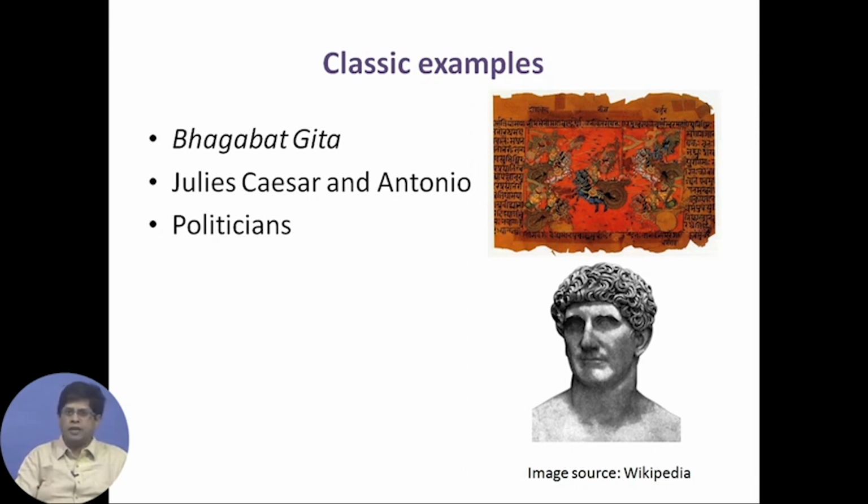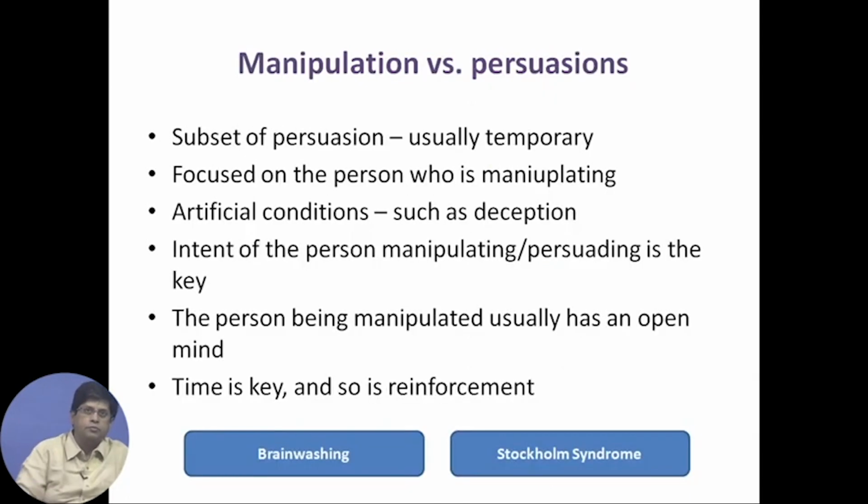So, a classic case of persuasion. Politicians today try to persuade us, because when there are two politicians, obviously somebody has to win, and in order to do that, the people have to agree with his point of view or her point of view, and there again persuasion takes place. So, persuasion is not something new, and before we proceed any further, we need to understand